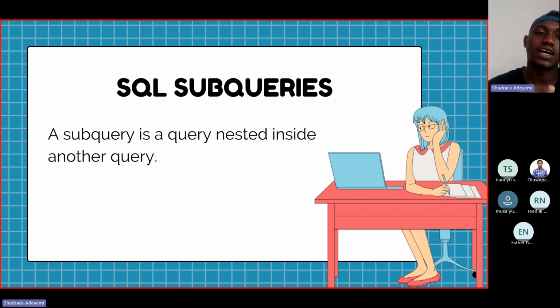Now, let's say you have to write that query, but place it inside another query. What you have just done is that the initial query is the inner query, which is also called the subquery. So whenever I think of a subquery, it's like keeping a query inside another query. You might not think of how that might be possible now, but in a hands-on session, you'll see where that can come into play, where there are some questions you cannot answer straight from just a simple query. You might have to use a subquery.